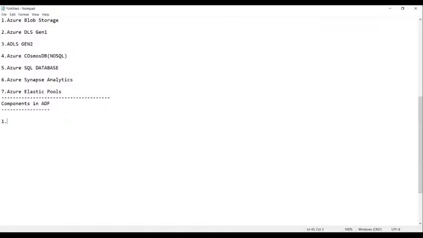The first one is called pipeline. We can also call it data pipeline. Now, next one. Second one is called linked services.